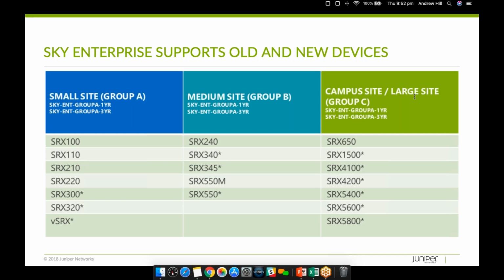Yes, so when you're using the ANR report, the report includes two types of data. One is summary data, so some of those tables are populated with summary data that is collected straight off the device. And then the more detailed information about IP level information that's displayed in the report is gathered from syslog messages. So to enable an SRX to send syslog to Sky Enterprise, you go into the device details, you tick